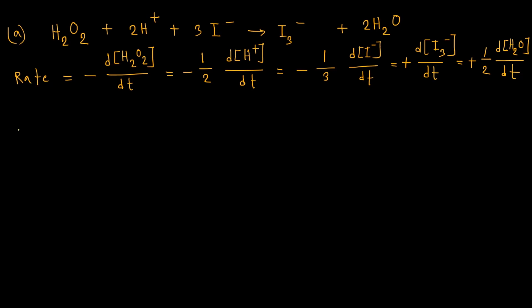So negative sign dI minus dt will be minus 3 dH2O2 upon dt